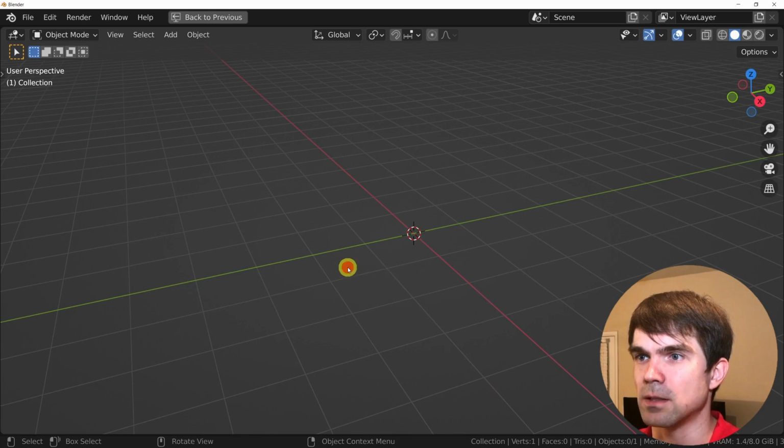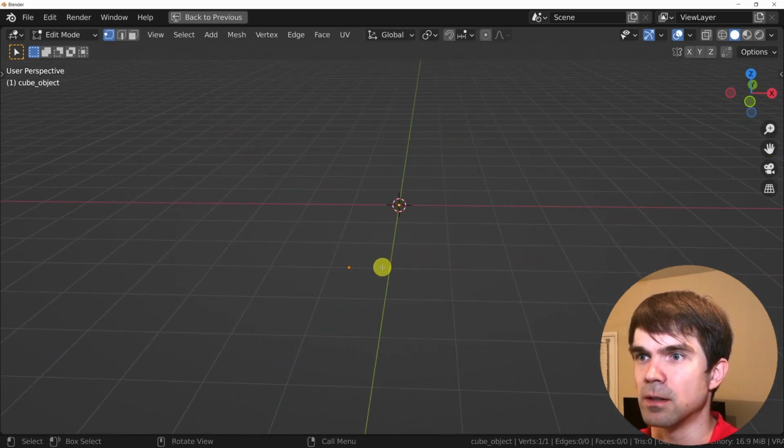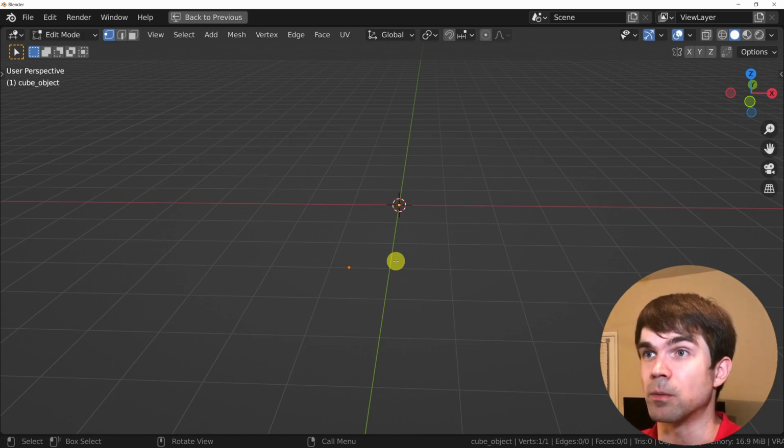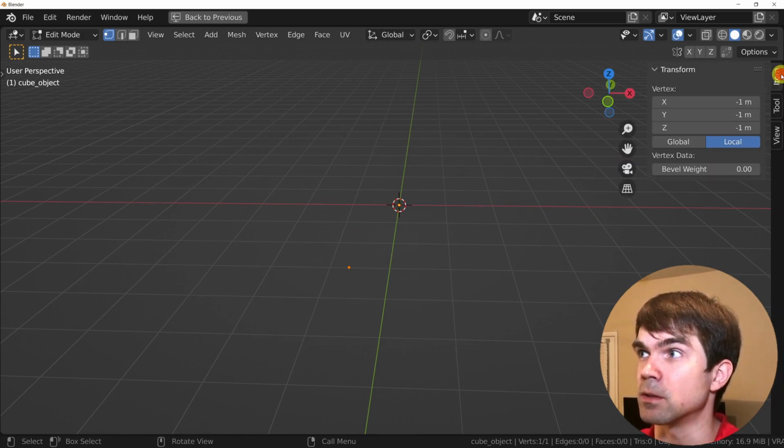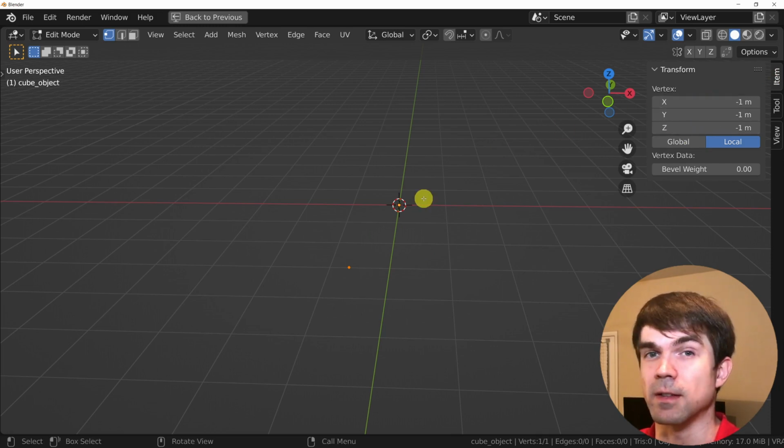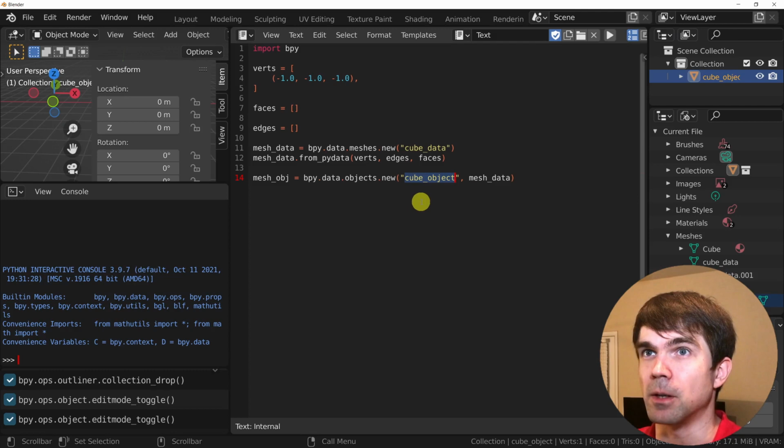And you can actually see this one single vert that we just added. Remember, we added -1, -1, -1, right? So actually, I'm going to even show you. See, this is the single vert that we have in our data at this point. I'm going to go back by hitting Control Space.